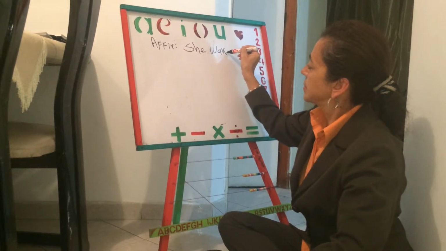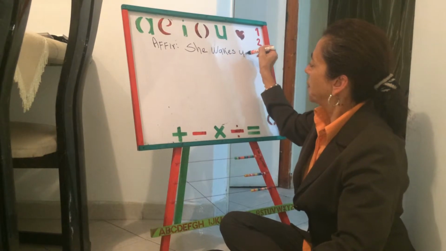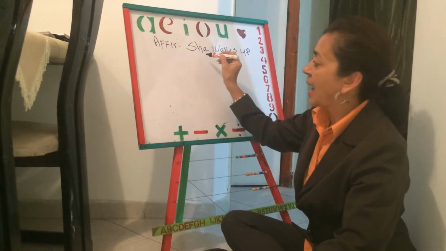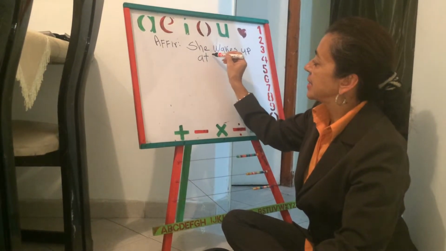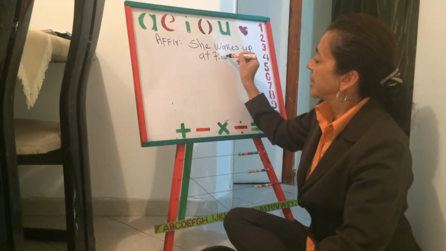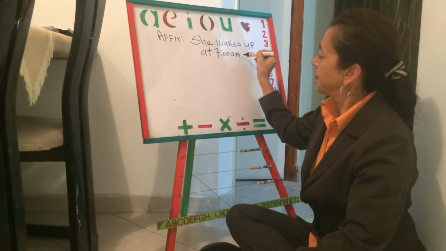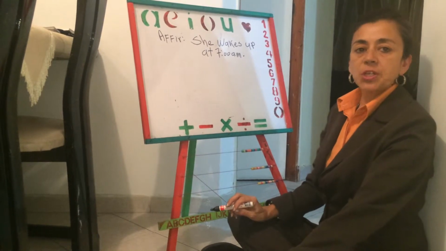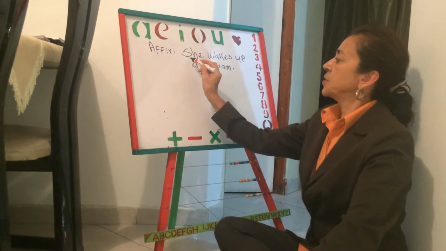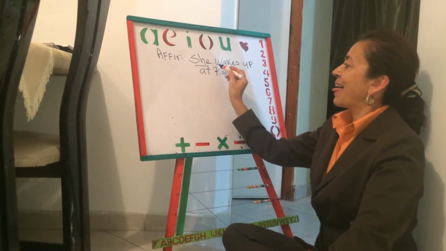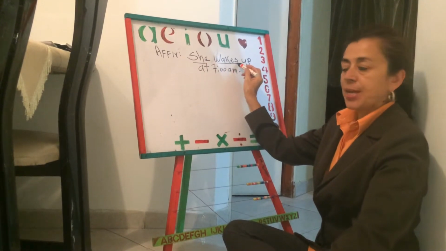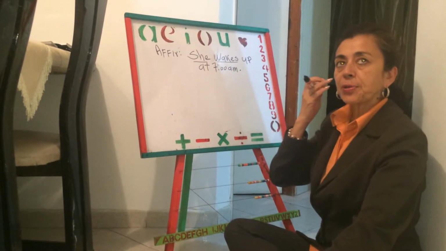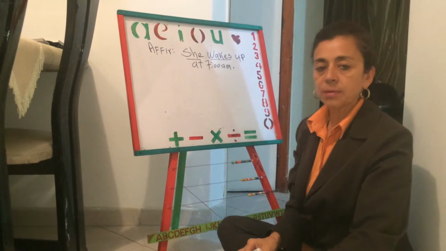wakes up at 7 a.m. So here in the affirmative sentence, you can see the pronoun, the verb, and remember that I explained in our last class that we need to use the S or the ES in the verb when we use the third